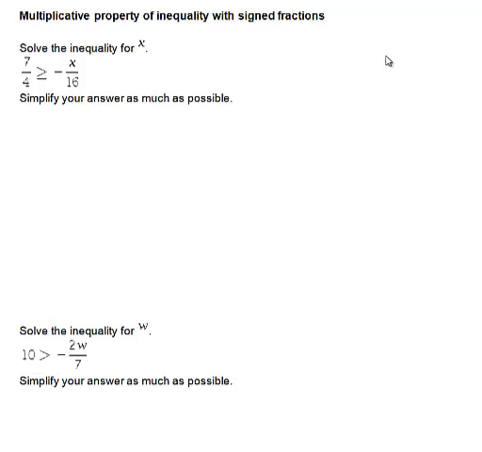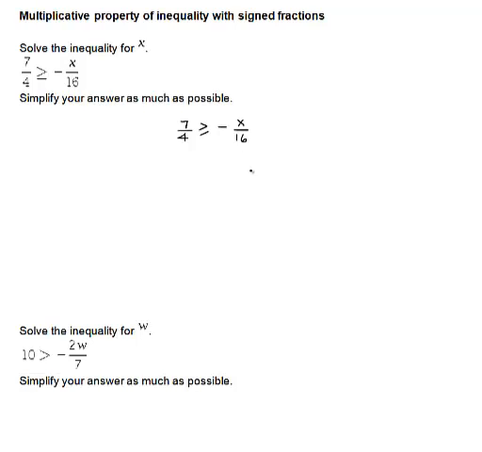Here we're going to be solving some inequalities using the multiplication property of inequality with signed fractions, meaning that the coefficient of our variable is negative because it has a sign in front of it. So let's go ahead and rewrite our problem. I have 7/4 is greater than or equal to negative x